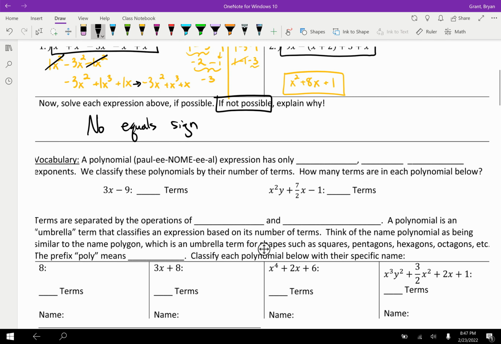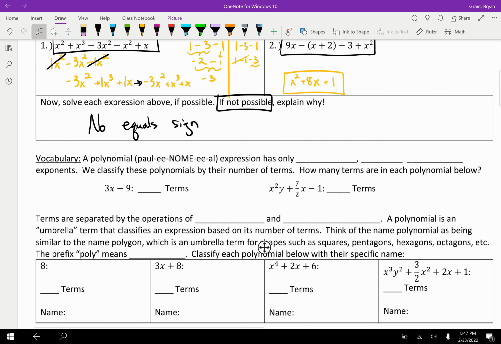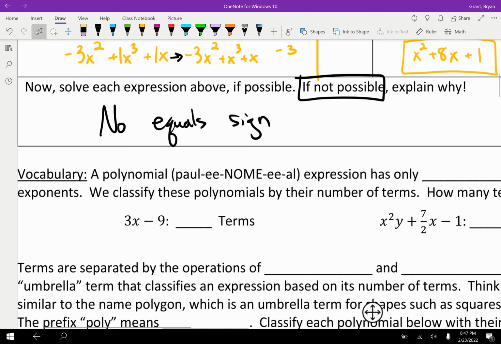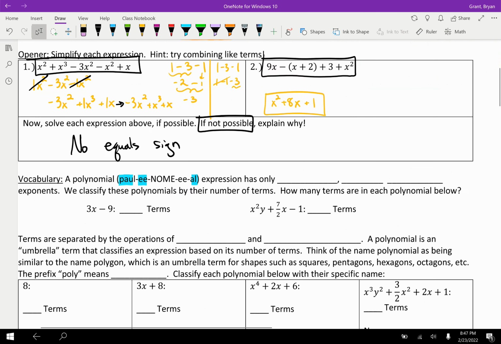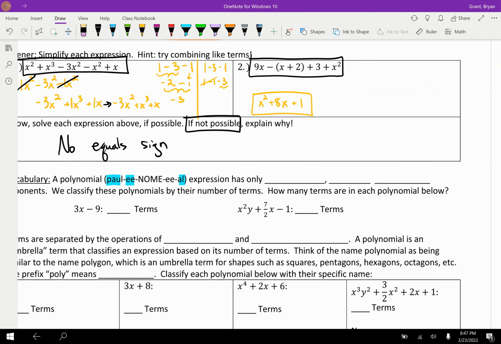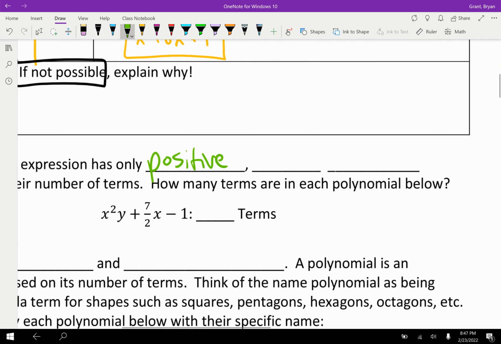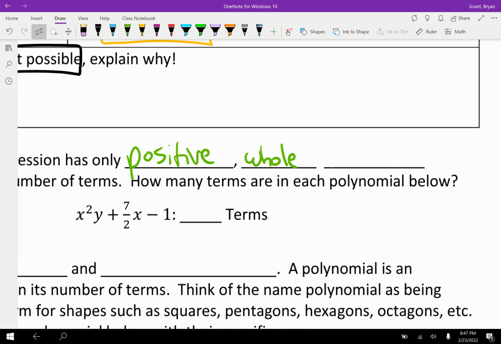So let's get on to the main part of today, which is mostly vocabulary, right? We've actually learned pretty much everything we need for today in terms of the math part. Here we go. A polynomial, right? And I tried to spell that out for you. Polynomial. Accent on the gnome, right? A polynomial expression has only positive whole number